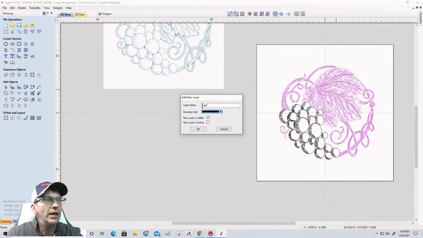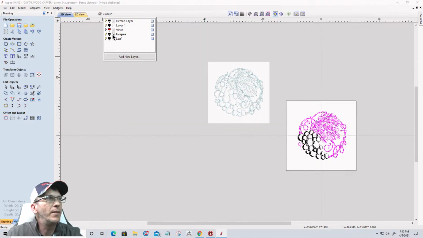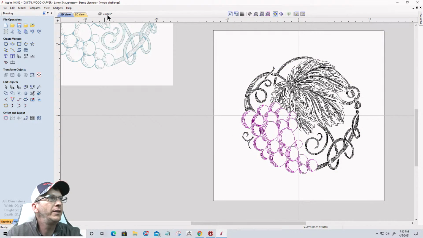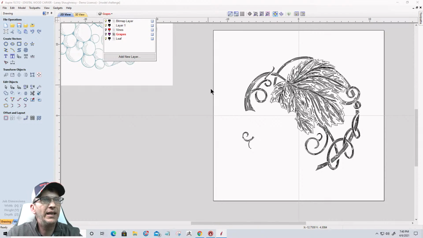Okay, so we'll click OK. And now if I come in here in my grapes layer, I can turn those on and off, because they're on that layer. So on that grapes layer, let's make them kind of a purple vector. For grapes, we'll make it kind of a purplish color. And let's turn off that layer, and that leaves us with our leaf and our kind of grain texture of